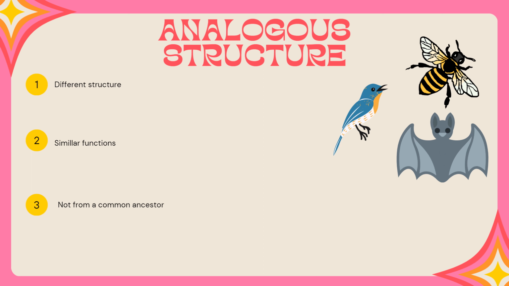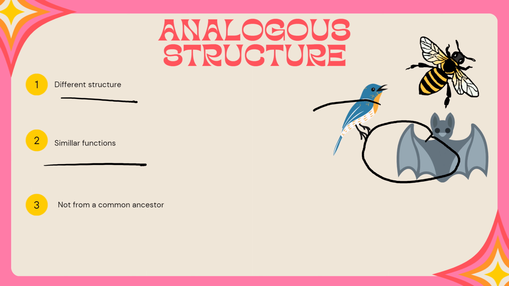So an analogous structure is when we have a different structure but similar function. Let's take a bird and a bat as an example. Their wings are made from different structures, but they are used for a similar function, to fly, and it's the same for bee wings and the wings of the bird or the bat. They are made from different structures, but they have the same function, which is to fly, but they don't come from